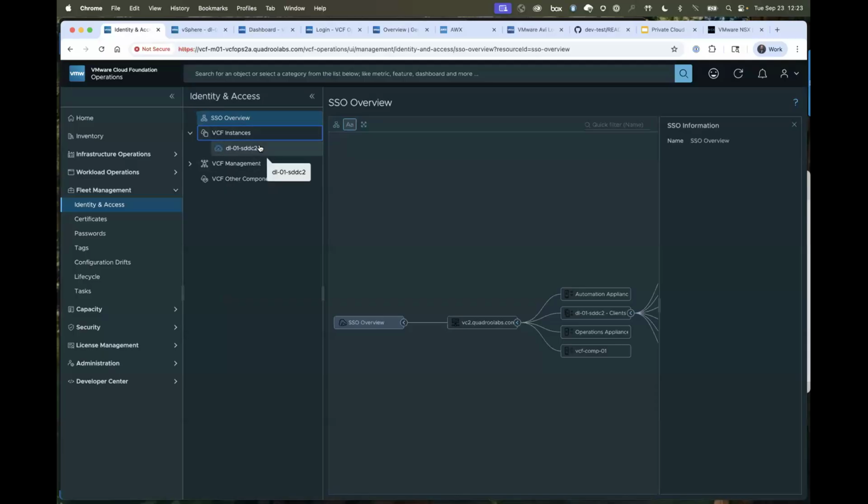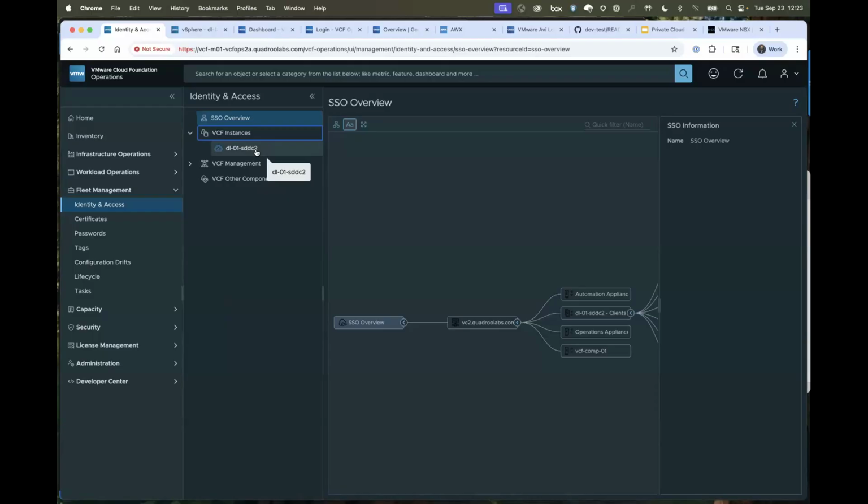Well, it's removed, but it's transitioned to VIDB, the identity broker. And one of the things that we talk about with the identity broker is the ability to leverage different identity providers, whether they be OIDC, SAML 2.0, LDAP, or LDAPS type deployments, and use those as an SSO provider.